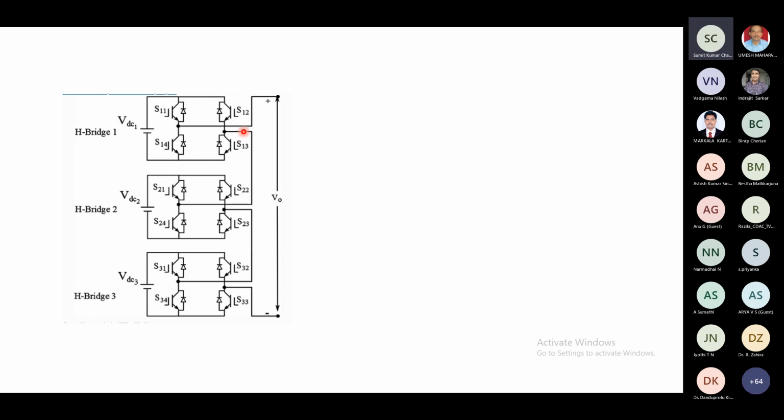So I want you to respond. I believe that many of you must know this. So anyone? As I have shared the presentation, I cannot see if you are raising your hand, so requesting you to respond directly. How can we get zero voltage here in between the upper and lower terminal of this bridge? In between these two points, or in other words, if I want to short circuit these two terminals. Anyone?